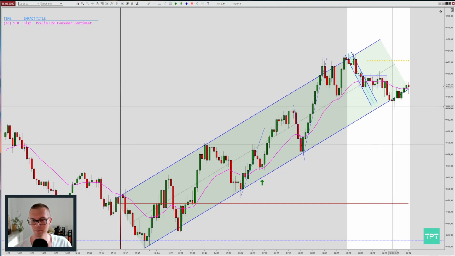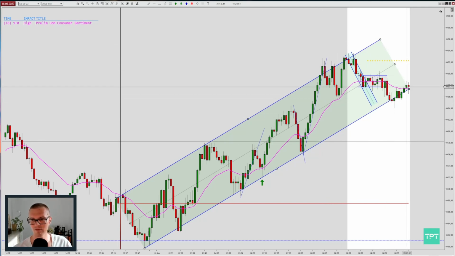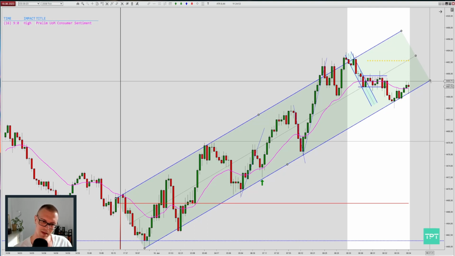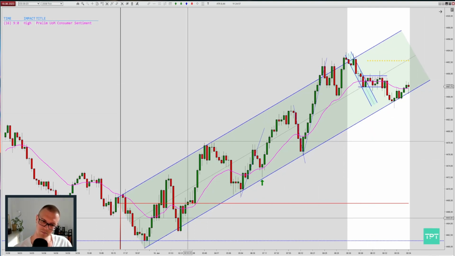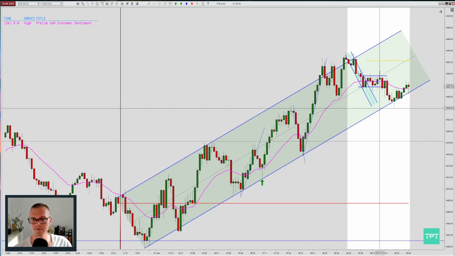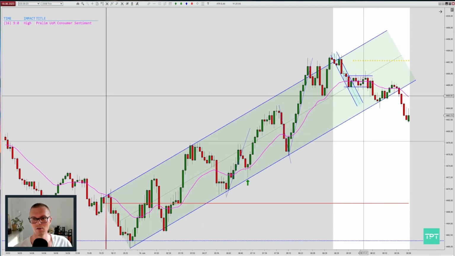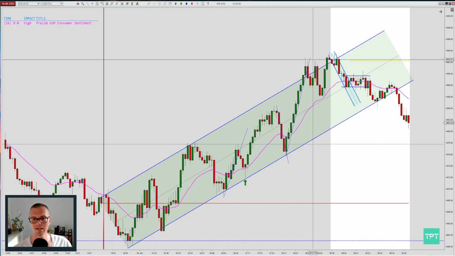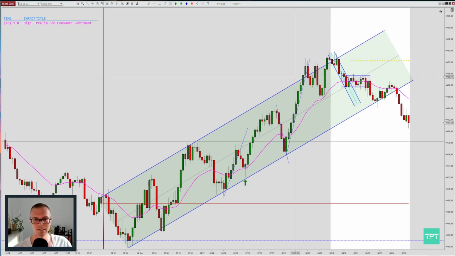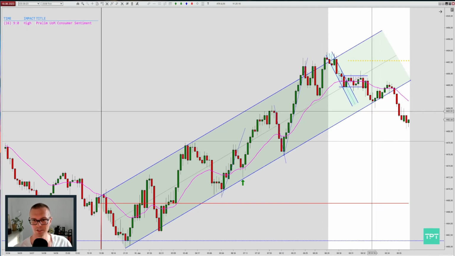No clear setup yet. This could be a failure, but as I said, we had an overshoot of the structure, so let's give it a bit more time. If we change the channel a bit so that the channel, the key entry point, is fitting to this bounce here, then we see now that there is another push lower here, and this is exactly what we expected, that the prices overshoot the channel and now are breaking the structure